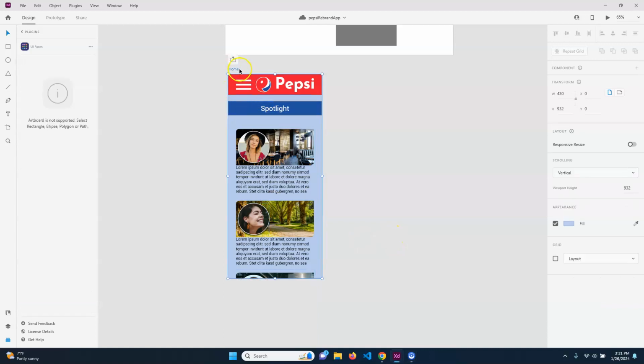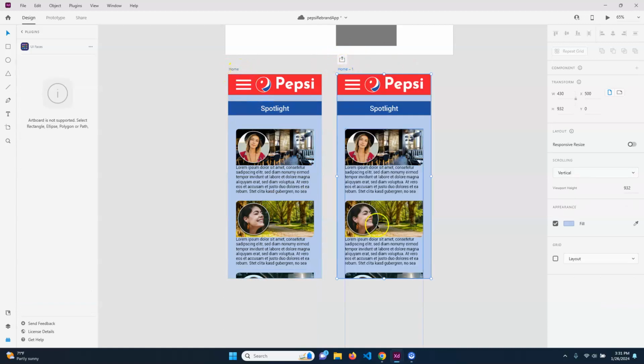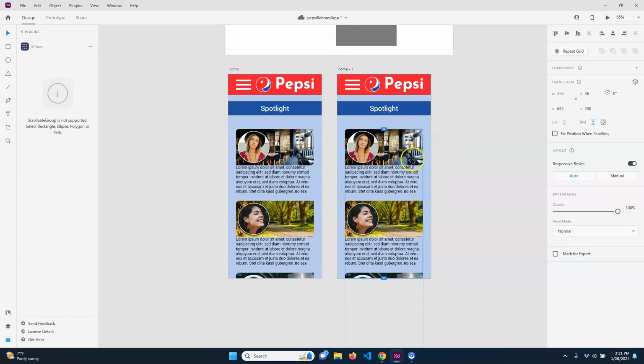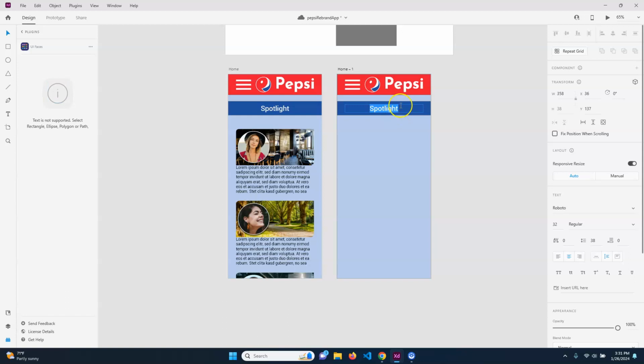All right, so let's make the next page. I'm going to take this. I'm just going to hit Control D to duplicate, because might as well. And then what we're going to do is just change some of the stuff here. So I'm going to grab this section. I'm going to hit delete. Let's just go ahead and rename this, and I will call this